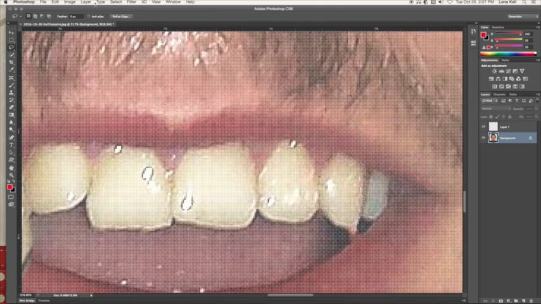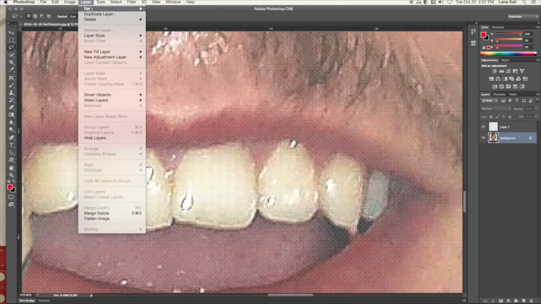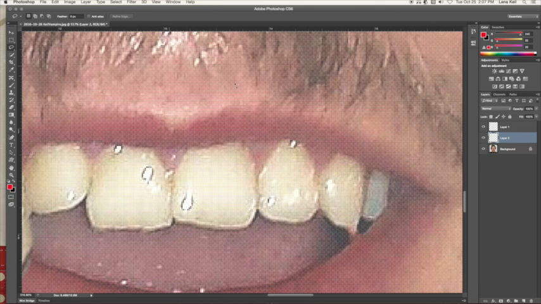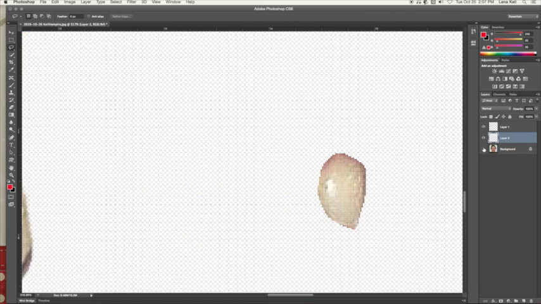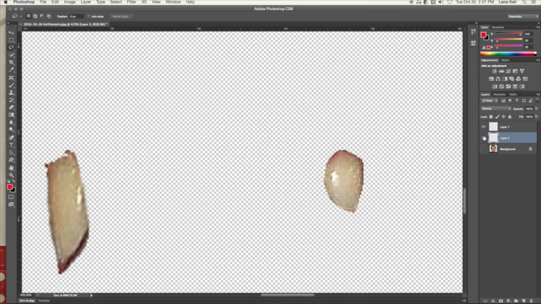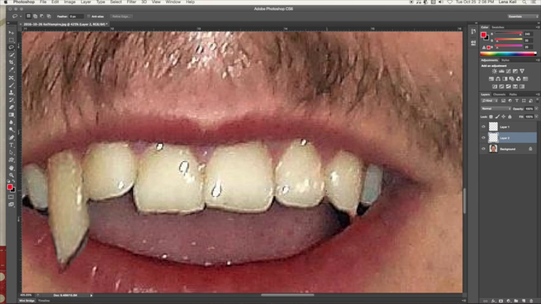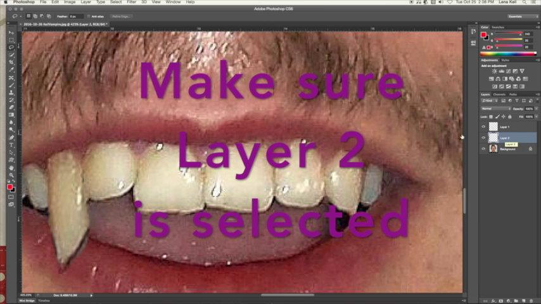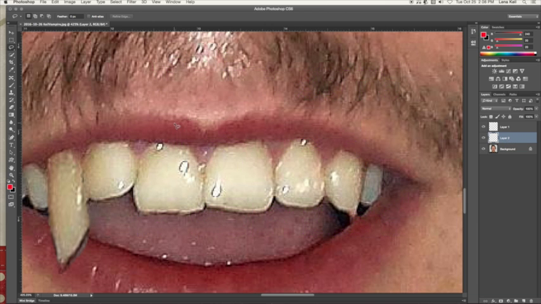Okay. Go up to Layer, New, Layer via Copy. And again, we can hide it. And there's our other tooth. Show the background. Layer 2 would be our other tooth. So we're going to go back with